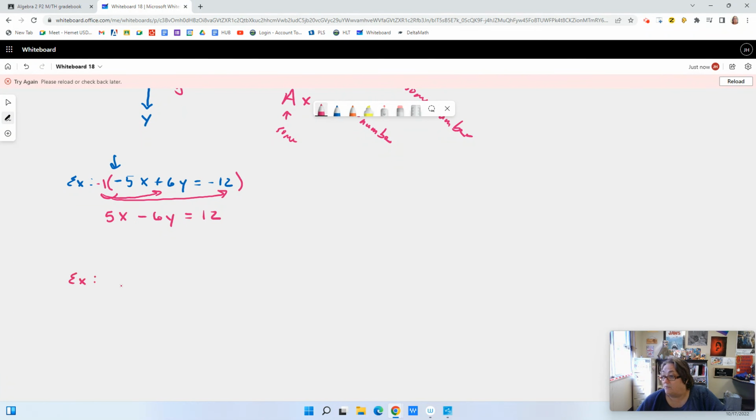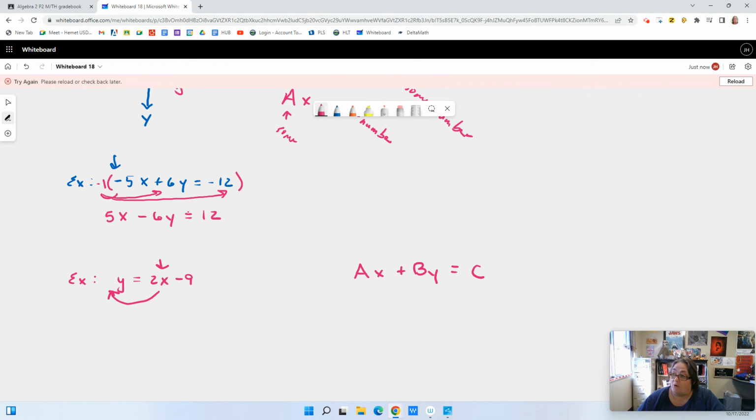If I have y equals 2x minus 9, and I need to put it in standard form, we have our ax plus by equals c form. We can notice that this x term needs to be on the other side, right? It needs to be on this side,